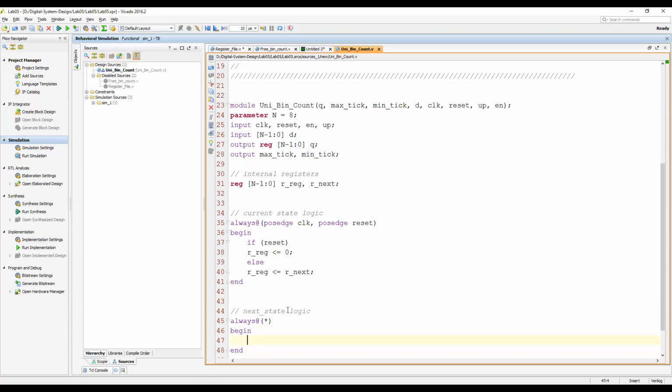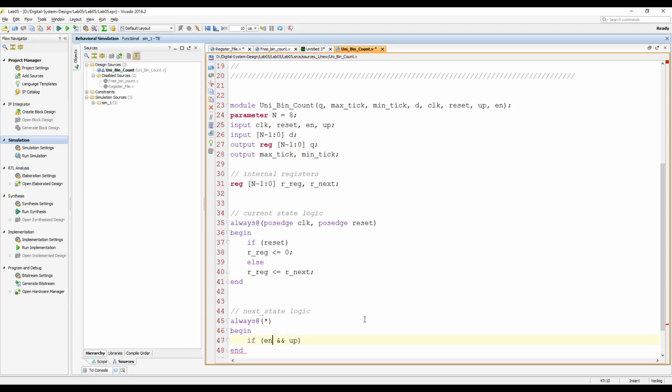So let's say we are using an if statement. If it is enabled and it is up. Okay, so we also need a loading signal.